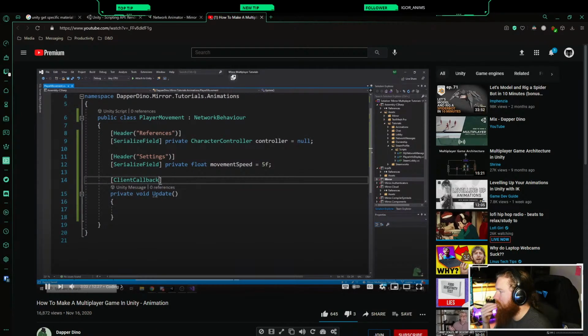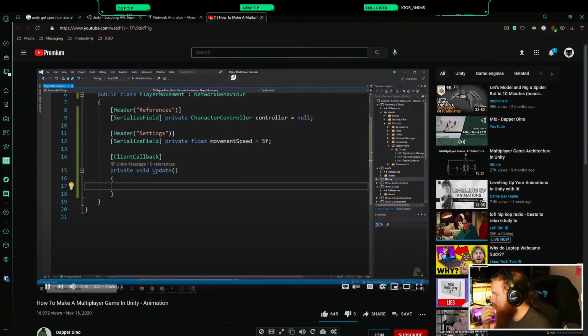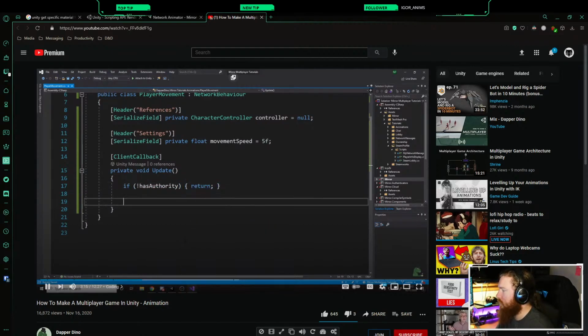Which just means that if we're running a build as a server, it just won't run this update method, but the clients should run it. And then the clients will check if they don't have authority over this player, then just return, there's no point trying to move it. Now, rather than setting up an input action map and adding all the key bindings and then